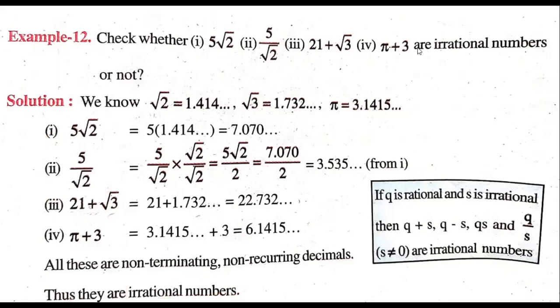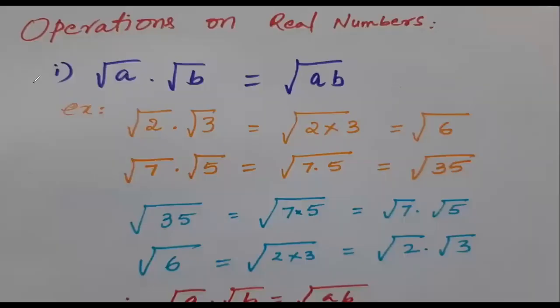Now, I hope you kept a side heading, operations. Number 1, first identity, like first property and first formula. Root A into root B is equal to root AB. So here the square roots are separate, and you can write a common square root. Shifar, is it clear? Yes, very good.